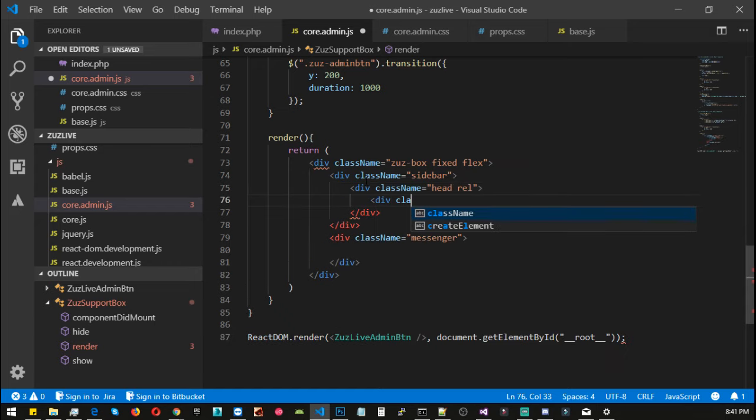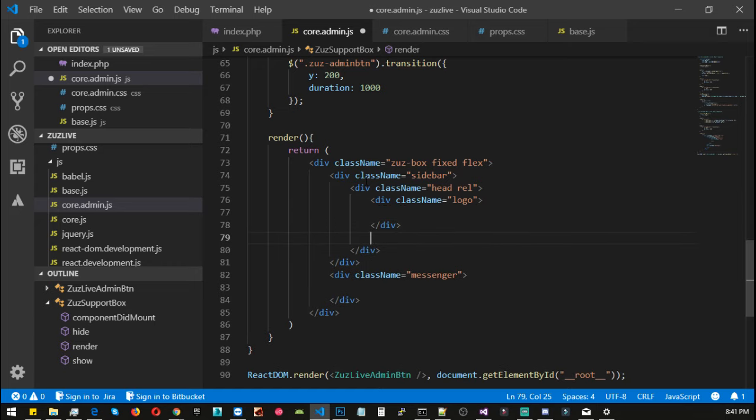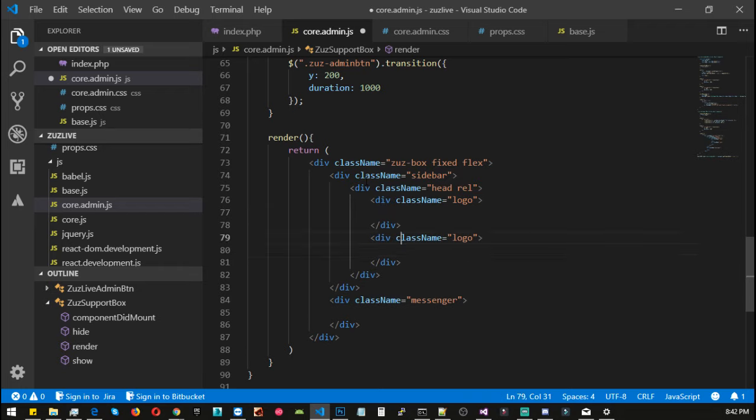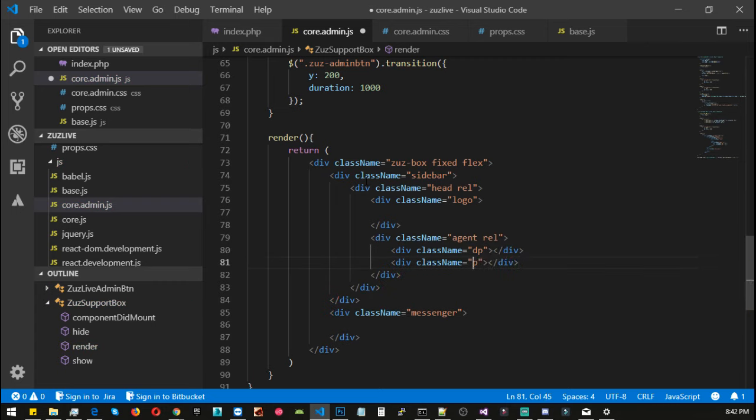Let's add a div class name equals, and let's call it logo, and we need to add user, and inside the user, or let's call it agent, we need to create 2 more divs, and let's add the class name of dp and one more div, and let's call it name,